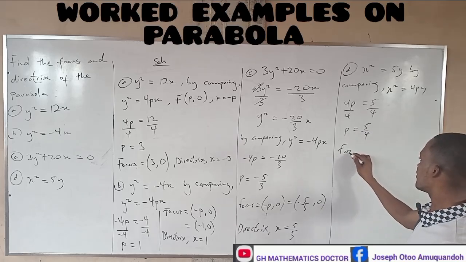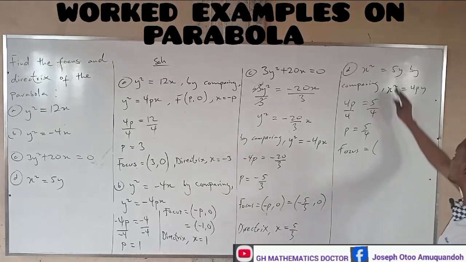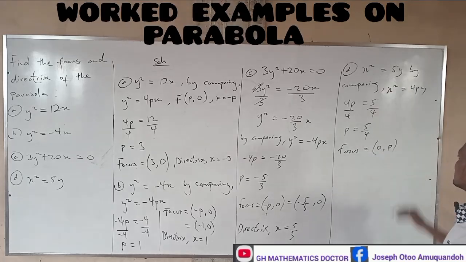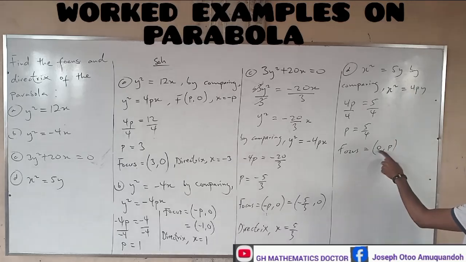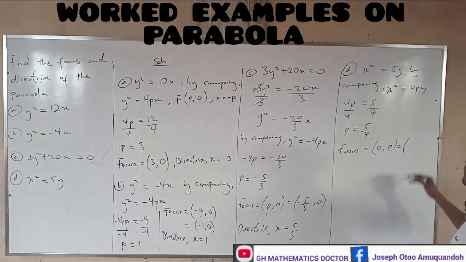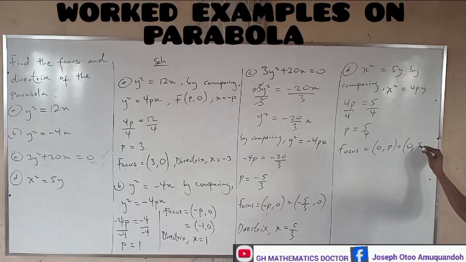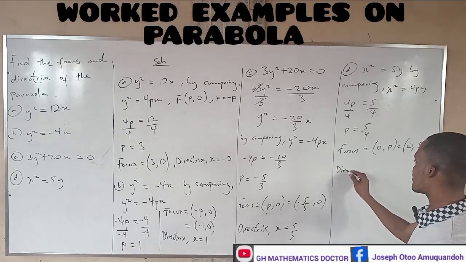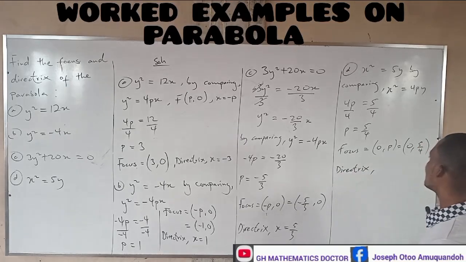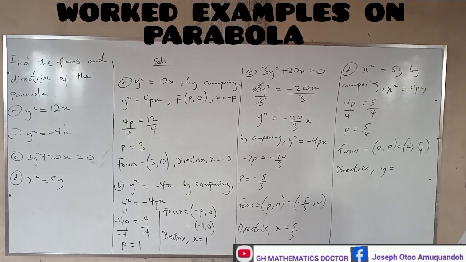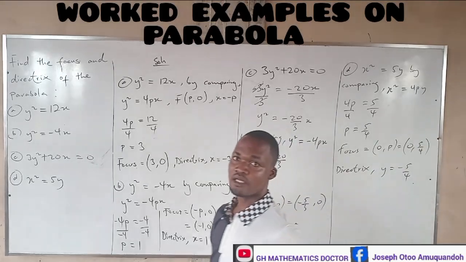So the focus is going to be in the form (0, p). It's at the positive side of the y. So the 0 is at the x and the p becomes the y. And this will give you (0, 5 over 4) when p is 5 over 4. And our directrix, the directrix will give you y equal to, because it is at the y coordinate, so y equal to, then when the focus is positive, the directrix is negative 5 over 4. All right. This is how we can use